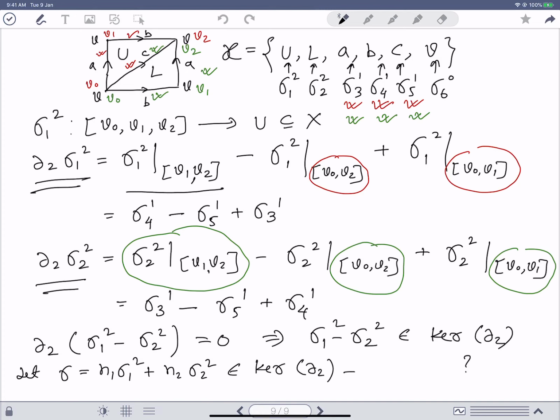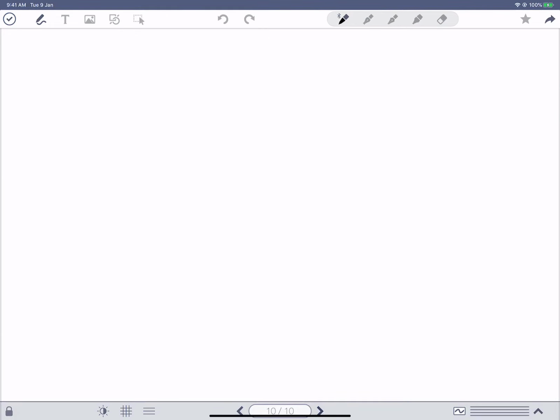Now that implies delta 2 of n1 sigma 1 plus n2 sigma 2 will be 0. But we know that delta 2 of sigma 1 and delta 2 of sigma 2 are same, right? So therefore it will be n1 plus n2